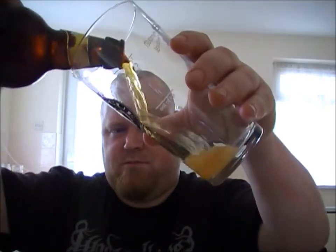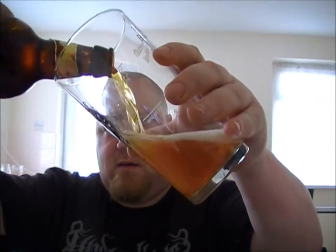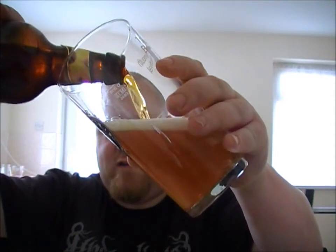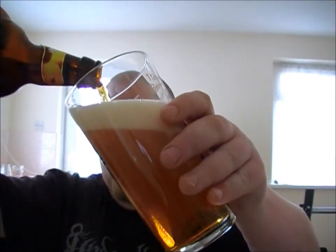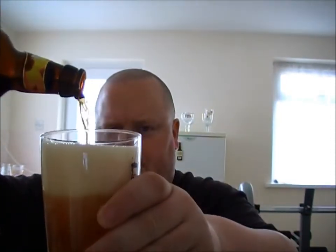Okay, so Fuggles, bitter. It's not rocket science, is it? That's what I'm going to get on the flavour. But let's see if they use it well, because I do like Fuggles. It's a nice, proper British hop, earthy and gritty and refreshing. Not everyone's favourite, but